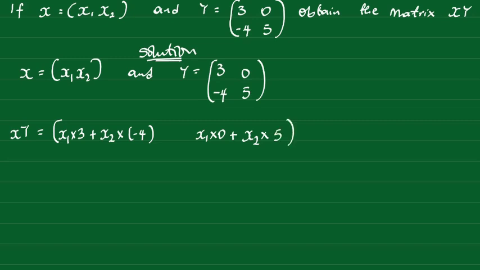All right, now what we have here is x1 times 3. We end up having 3x1, and we have plus x2 times (-4). This ends up giving us -4x2. On the other hand, we have x1 times 0. This will give us 0 plus x2 times 5. So this will give us plus